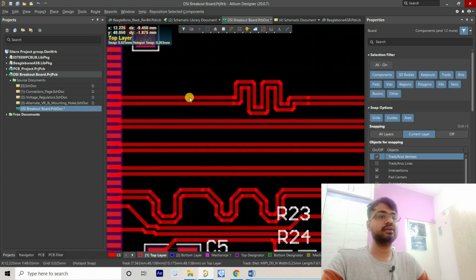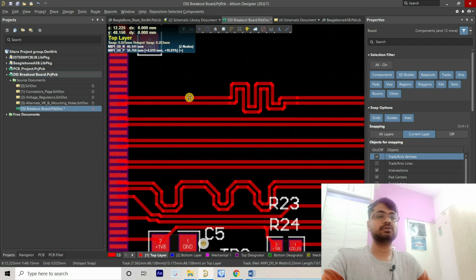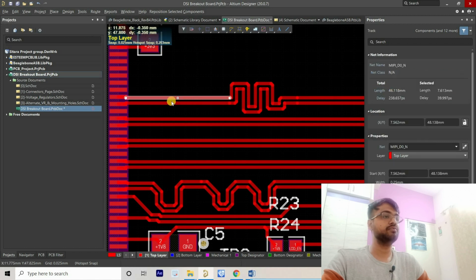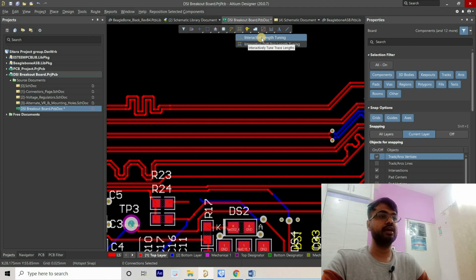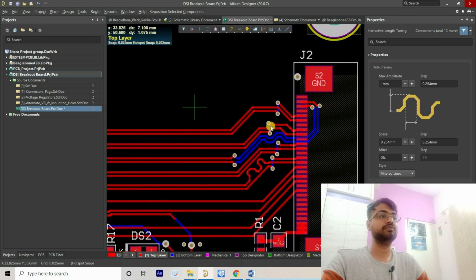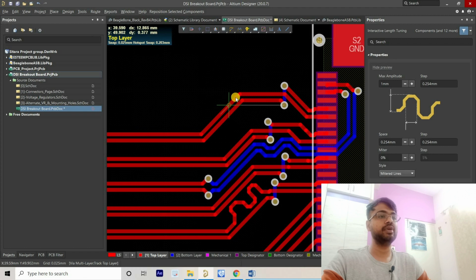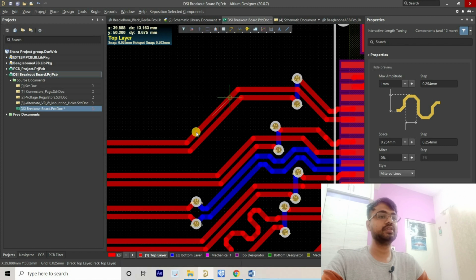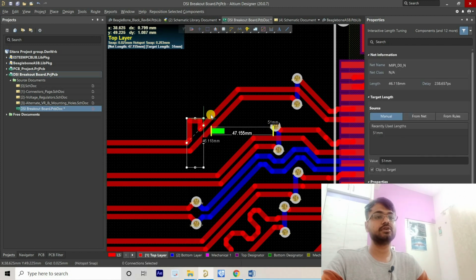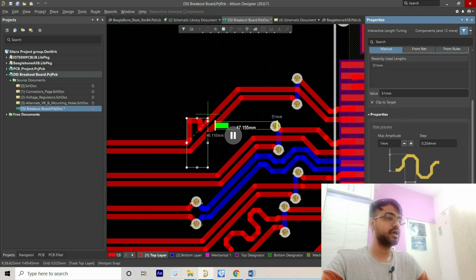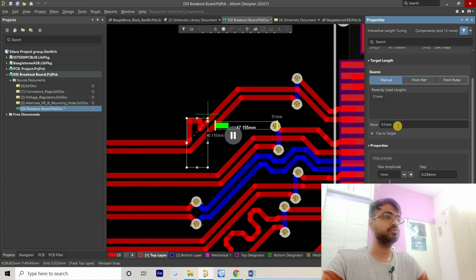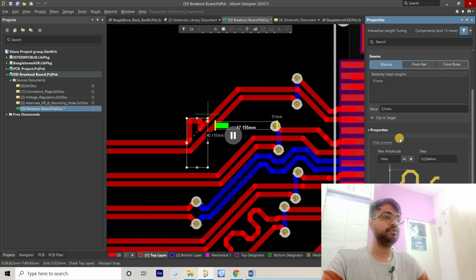Still, you have to add the single-ended tuning. So you can see one track is 46 mm and another track is closer to 51 mm, right? So what I will do, I will left click here again and select the interactive length tuning. And as I told you, we have to do the length tuning closer to the length mismatch, right? So I will select this much section. So just select this section, left click. Now I'm just going to, yeah, it's 51 mm,